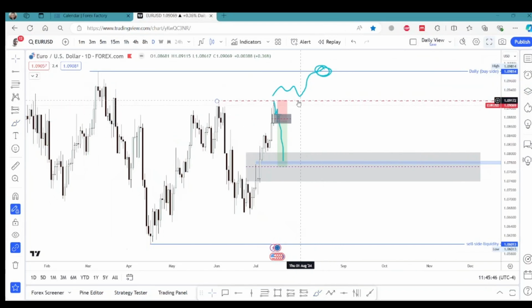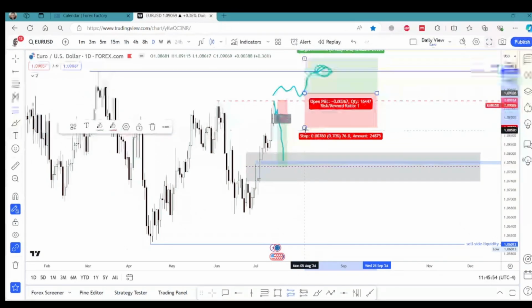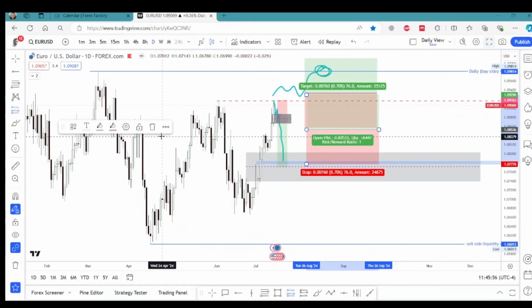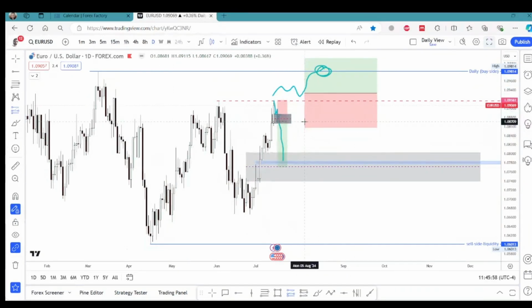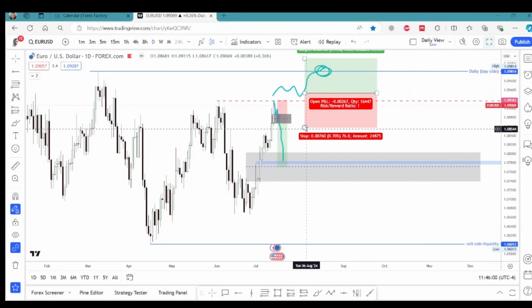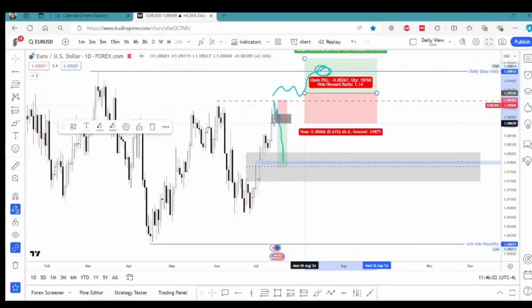I'm not sure how good of a return this trade is going to give me, but if and only if I can see some sort of break of this high and price staying up there for a longer period of time, I probably will be taking